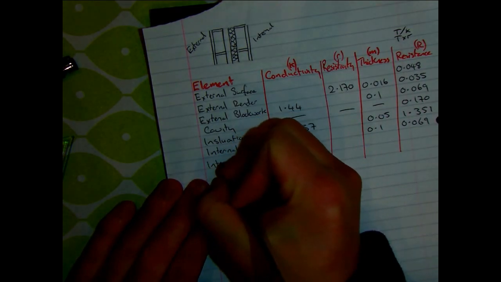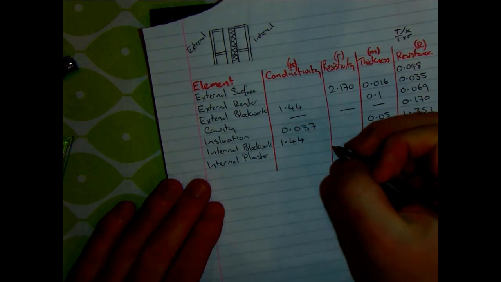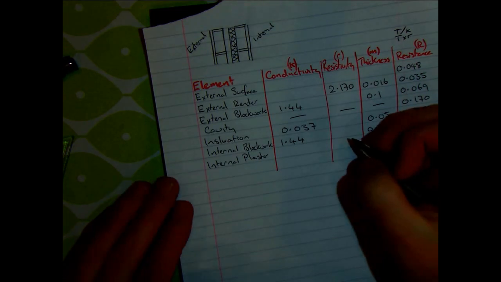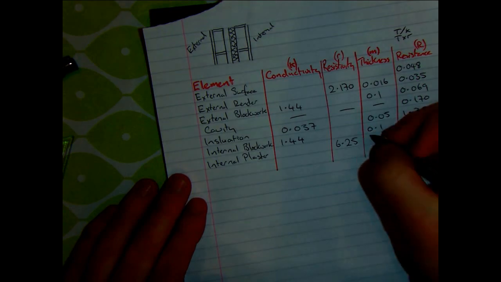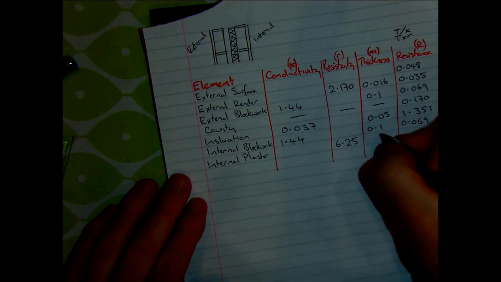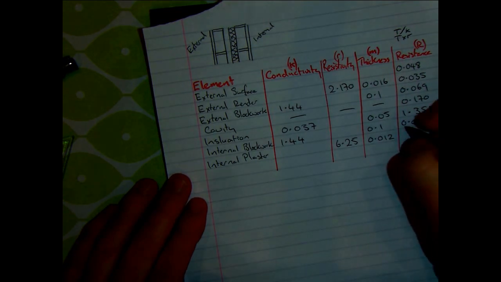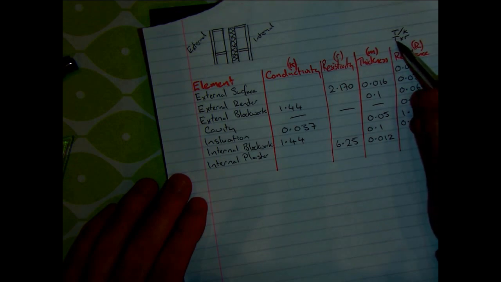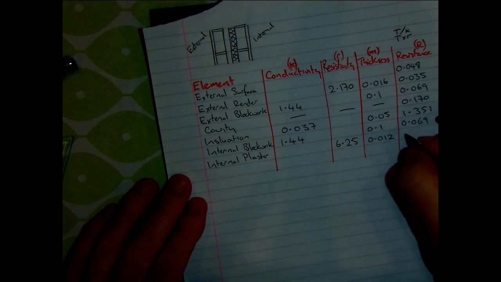Then our internal plaster, for this we have the resistivity, which is 6.25, and the thickness is 12 millimeters, so it's 0.012. So our resistance then for that, when we put it as T multiplied by r, so it's 0.012 multiplied by 6.25, it's going to give us